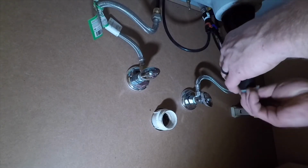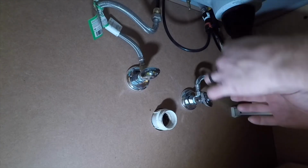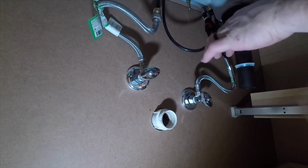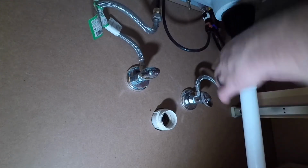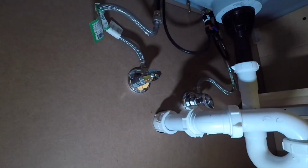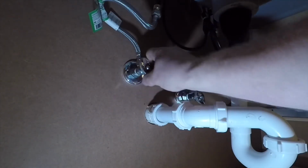So I'll put my nut on first, my washer with the beveled end down, slide that up, put my tailpiece extension on, and then I can put my drain together, and this is how it's going to look once it's done. So I got it all together, tighten it up, and I can turn on my water